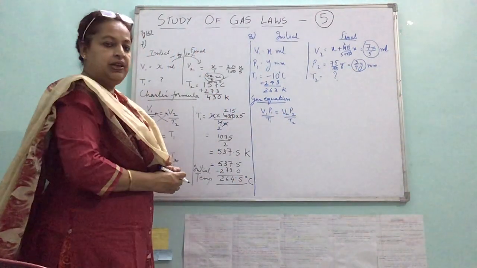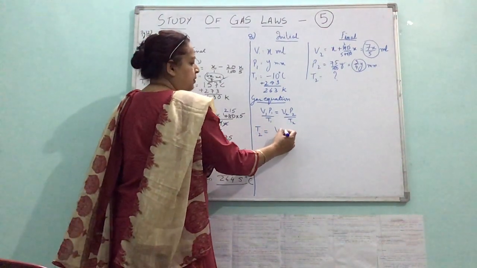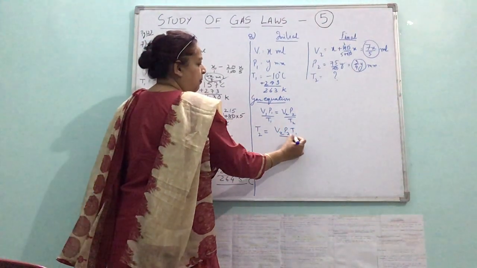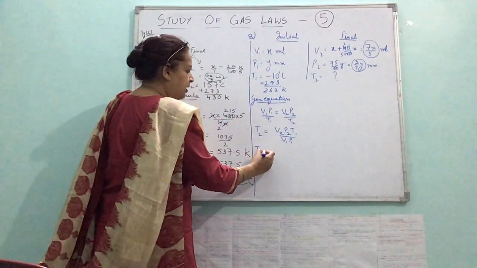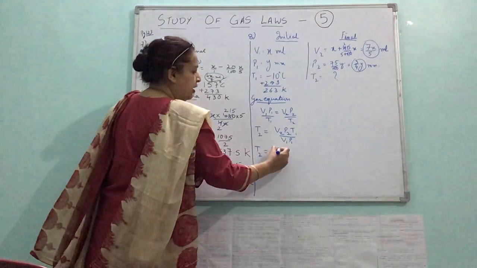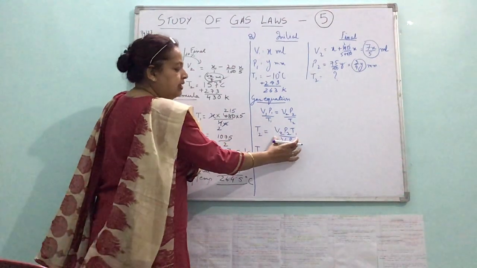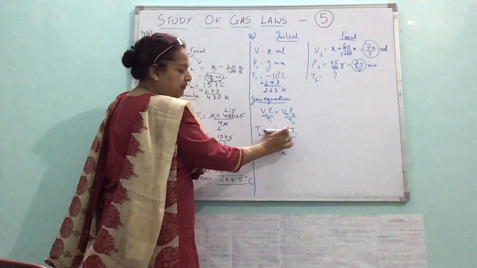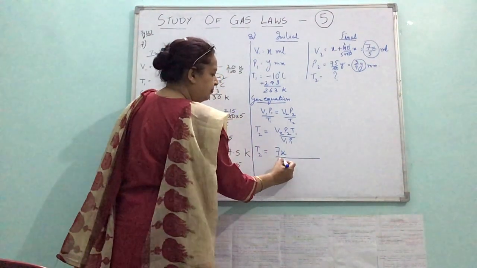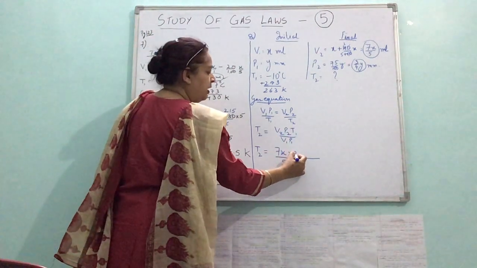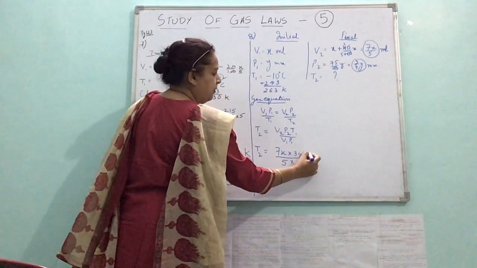Now I have to find the temperature in the second case, so I will cross multiply. So it is V2 P2 T1 upon V1 P1. Right? Cross multiply. So what is the temperature in the second condition? V2, I'll put that. Since all are multiplying, there is no plus or minus sign in between. This is one single term with all factors, so 5 can directly be written in the denominator. P2 is 3y/4. T1 is 263.